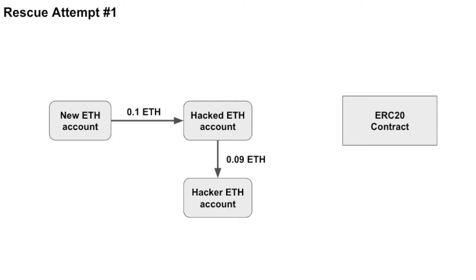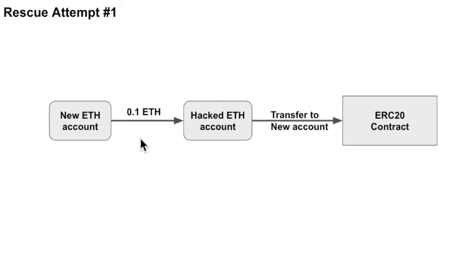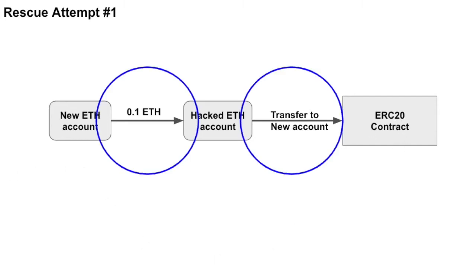So what we need to do in order to rescue these tokens is to take these two transactions that power the extraction of these ERC20 tokens into a new address and bundle them together. We need to take these two things and make them atomic and include them in the exact same block. So there's no way to get in between here to allow a hacker to withdraw the ETH that was intended